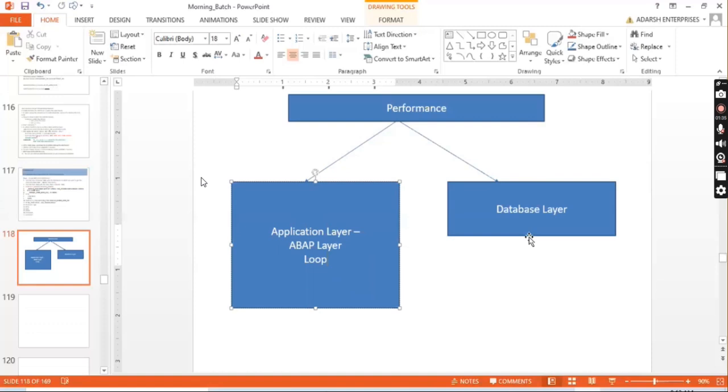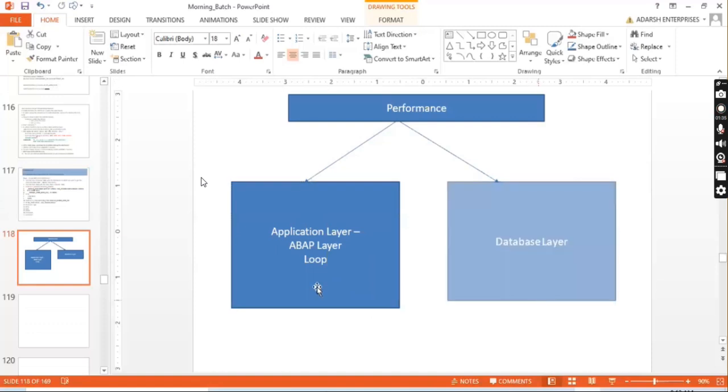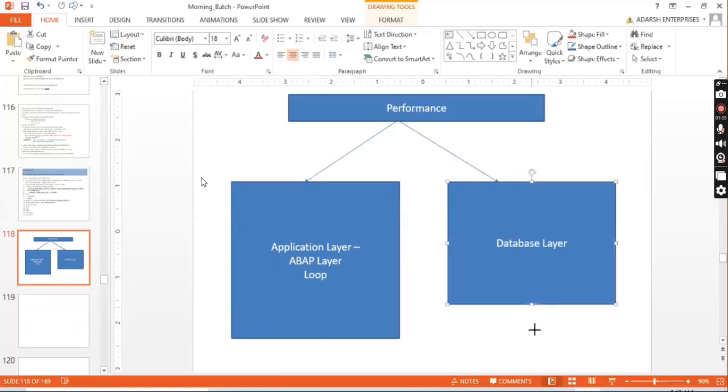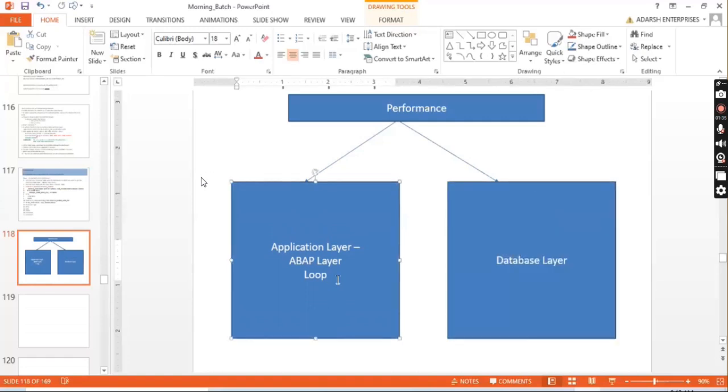You don't have to think at all about that performance, that if you're writing the refresh statement 3 times, what will happen? Nothing will happen. It will not impact your performance. So you don't have to think much at all. Why am I focusing on this? Because when I started development, at that time I used to think a lot about whether we have to give this refresh, because generally we are supposed to give it before the end loop for refreshing the work area. So I used to think a lot about whether to give it or not, and gradually with experience I came